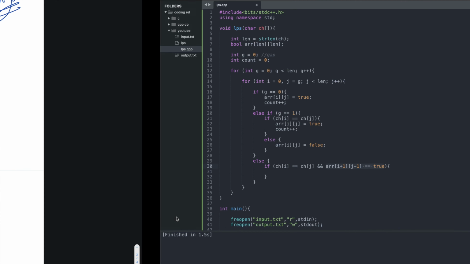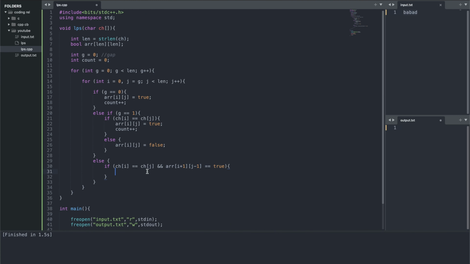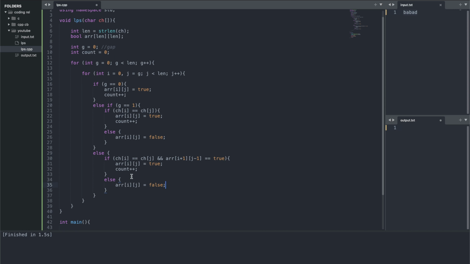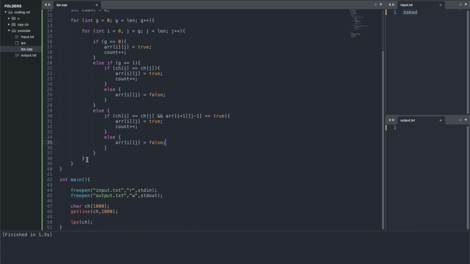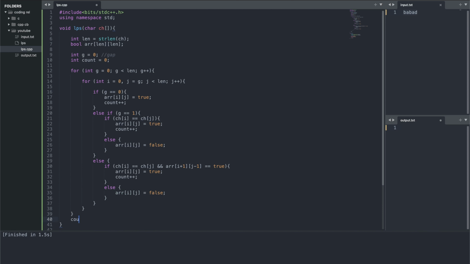If both conditions are met, array of I j should be equal to true, and we will increase the value of count. Else array I j is equal to false. And at the last, we will output the value of count.